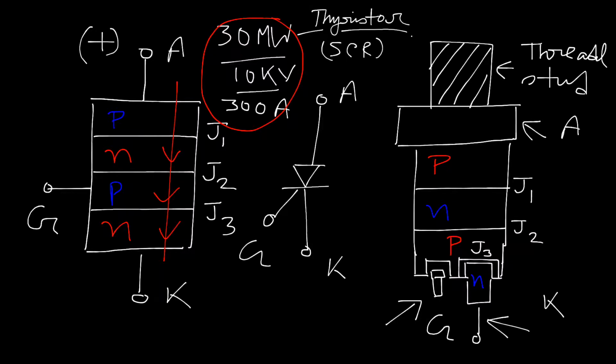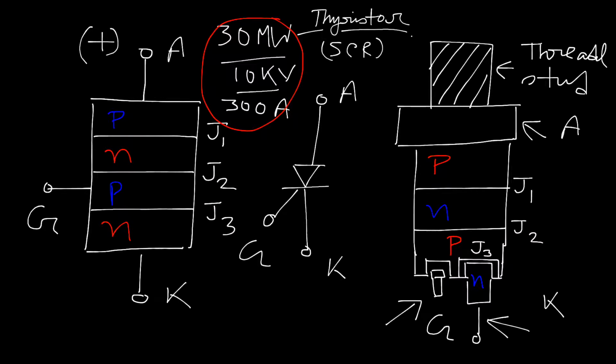That means if we are not applying any gate triggering pulse, suppose we are increasing the biasing voltage, anode is more positive with respect to cathode to a particular value, then the device starts conducting as the depletion layer of the junction is destroyed. So we can easily understand, in forward biasing condition J1 and J3 are in forward biasing condition, but the junction J2 is in reverse biasing condition. Right. Now think about the reverse biasing condition.